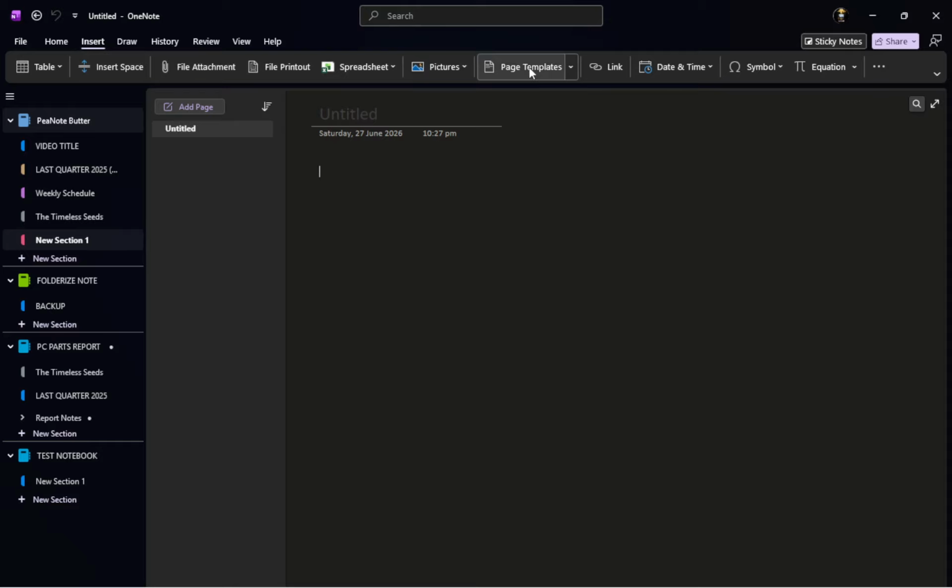Next, you will need to choose how you want to add the Word document. You have two options: File Attachment or File Printout. Selecting File Attachment means you will insert the document as an attachment that you can open and edit later in Microsoft Word. On the other hand, choosing File Printout will insert a printout of each page of the Word document